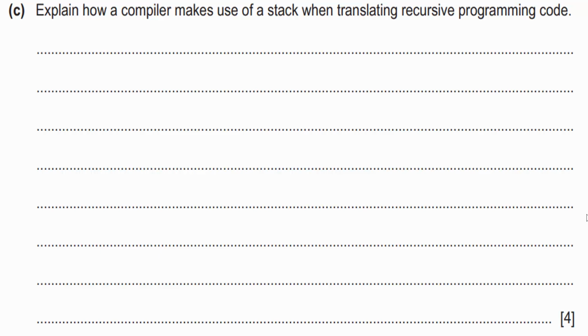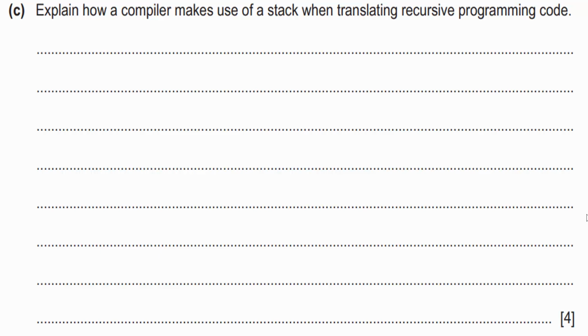All right, in part C, explain how a compiler makes use of a stack when translating recursive programming code. They want to know, do you know what recursion is? So when you call a method, the compiler starts running through all that code. Eventually, it may reach a statement where the method calls itself. And that's what a recursive method is. It's simply a method that calls itself. When the compiler reaches the recursive call, it says, okay, let me stop here. I'm going to take the current call that I'm on. I'm going to put that over here onto the stack,